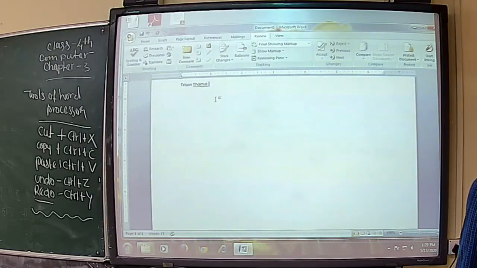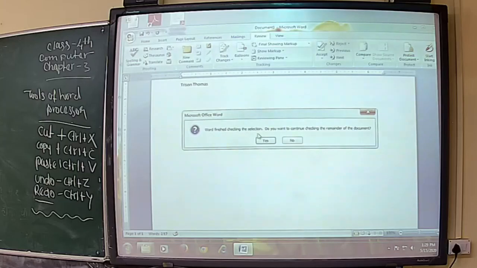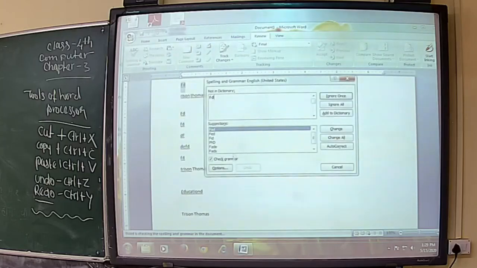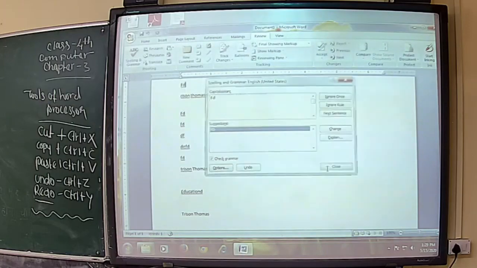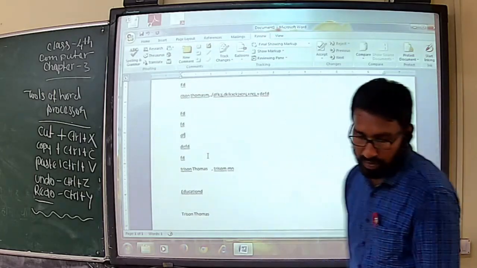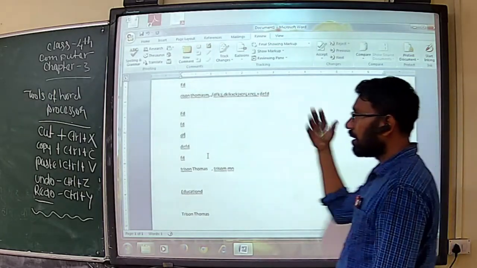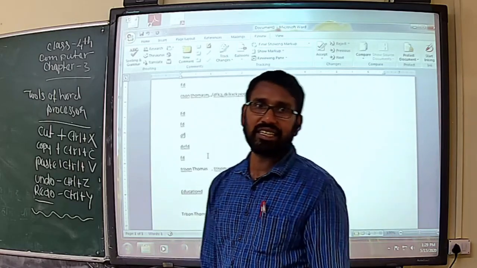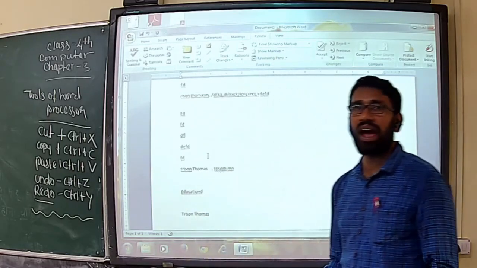Spelling mistake: right click, simply right click, and we can correct it, or we can go to ABC spelling. Then we can see suggestions and choose which one we need, like correcting "feed" to "fed", and many other things we can correct by the suggested word. Otherwise we can ignore all. Ignore all, every letter gets ignored. Clear? So ABC spelling is for correcting the spelling mistake or adding to the dictionary.